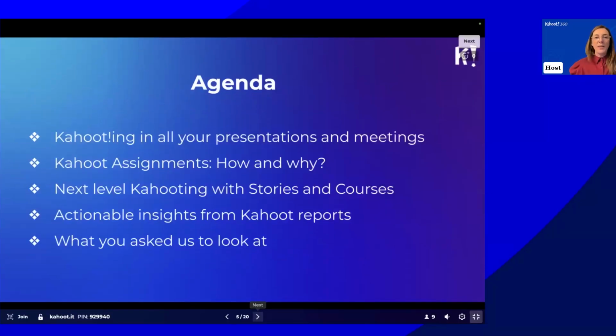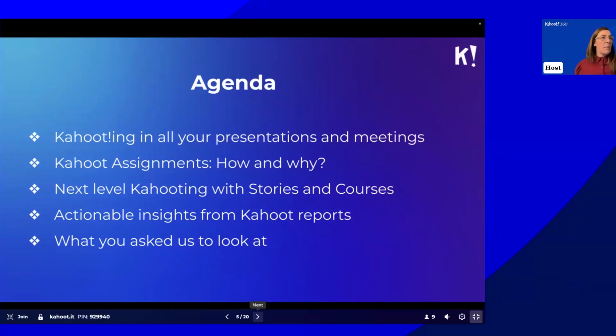Yeah, so a little bit about the agenda today, why you should Kahoot in all your presentations and meetings. I'm using it now, so I can tell you firsthand, after working at Kahoot for 2 years, I do use it a lot, not just for internal meetings, but also for customer trainings, because I really want to showcase the versatility of Kahoot. So I use it in meetings, training sessions, presentations, just like this one to give you a taster. And I can definitely say it is a great way to create a productive and engaging experience.